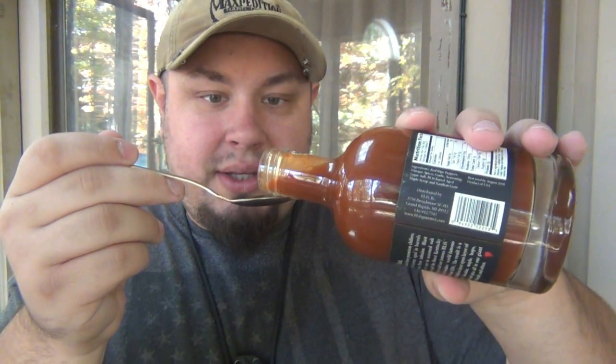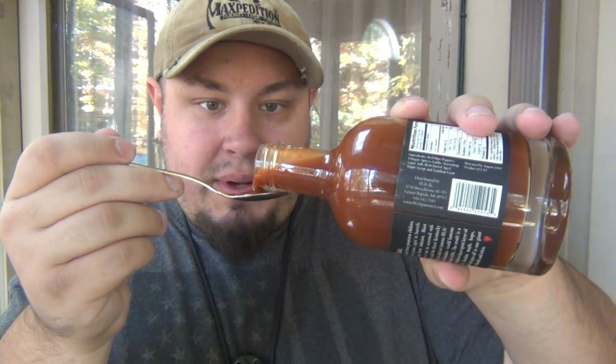Alright, let's see what this thing tastes like. It's supposed to be all about the flavor and not about the heat, which is a nice break from all the popular hot sauces, because usually it's like, how much hotter can we get it? No, this is for all the flavor. Let's see. Wow. Okay, so